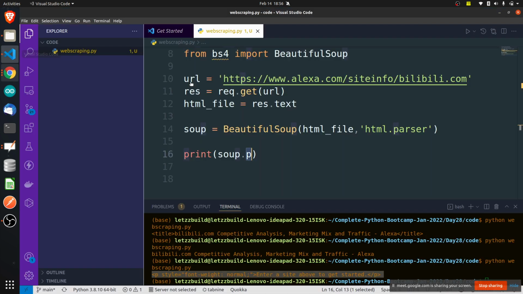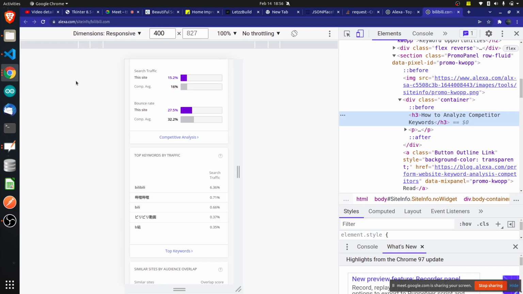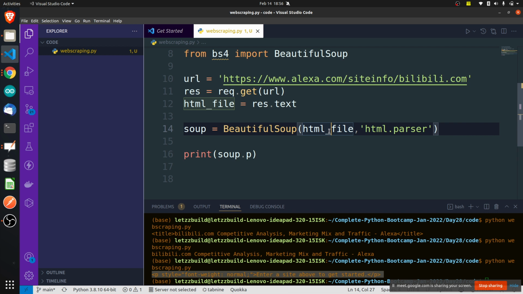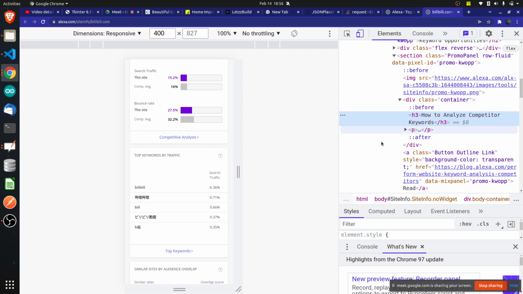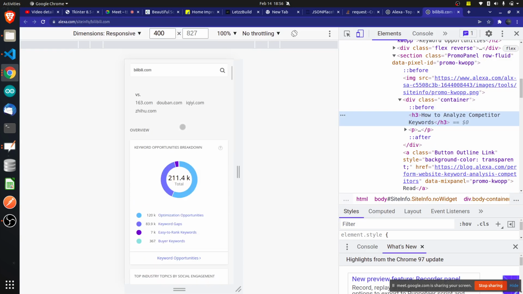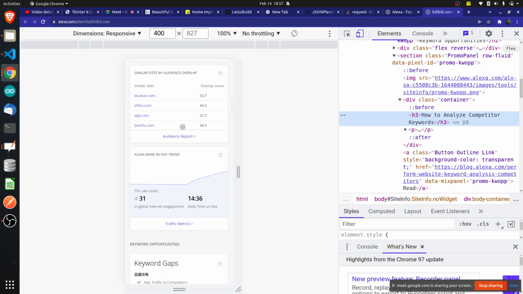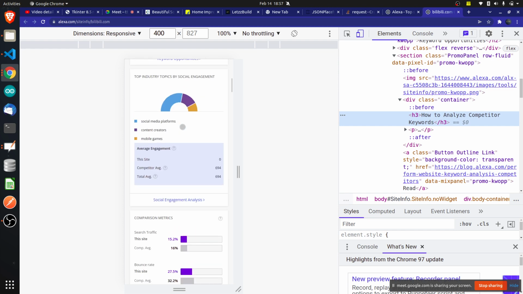Now, we have got the HTML page, right? This whole HTML page, whatever these people have written, we have got. How did we get this HTML page? We actually made a request and got some response, right? We got the HTML page. We gave it to this particular parser, so that now this parser has the power to select any part of this HTML page. What we can say is this soup object dot h3. It will select only the h3 elements of this whole HTML page. This whole page what you are seeing, right? This is actually one HTML file. The whole website page what you see is one HTML file.